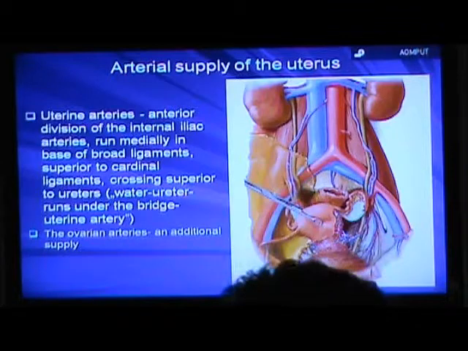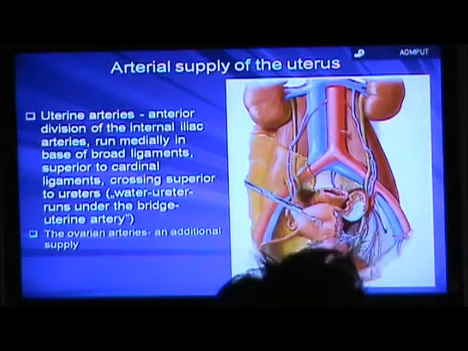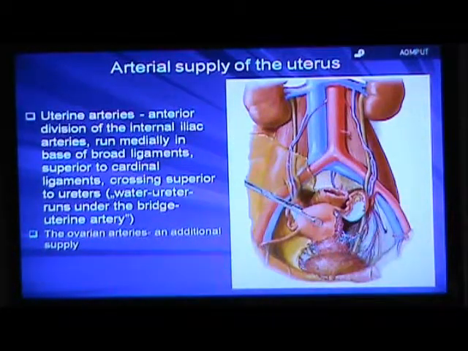The uterus generally is supplied by the uterine arteries. An additional supply is by the ovarian arteries, but in general, yes, the uterine arteries supply the uterus. There are branches from the anterior division of the internal iliac artery. The uterine artery runs medially in the base of the broad ligament, superior to the cardinal ligaments, and they cross